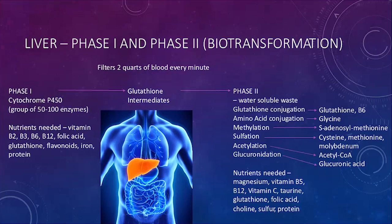And so my question for you as you're listening is, as important as phase 1 and phase 2 detoxification is, where is this reaction happening? Where is this biochemical reaction happening? This biochemical reaction is happening intracellularly. So the phase 1, phase 2 detoxification happens within the cell. The mitochondria is also within the cell. Now, this is where we come up with some challenges,